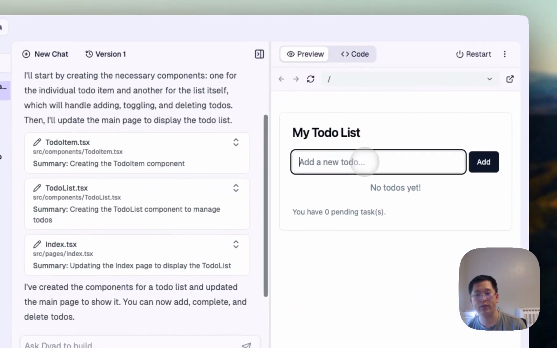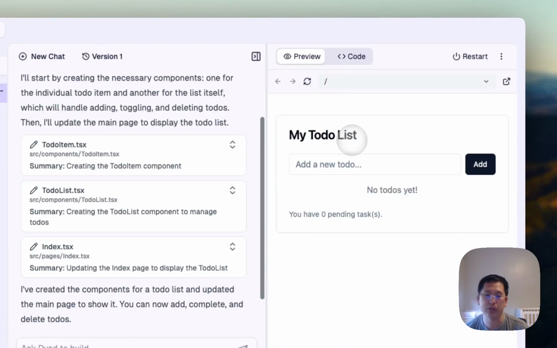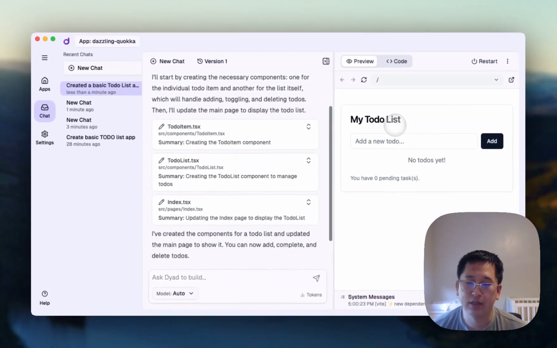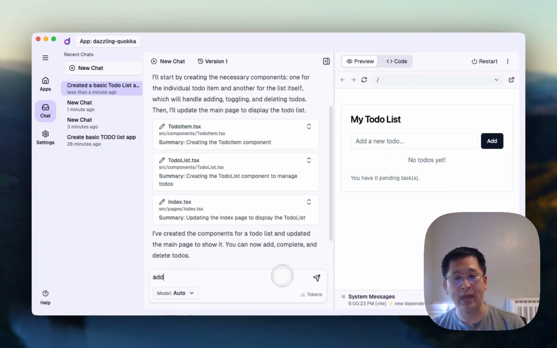Okay, so right now we have a really simple to-do list app. If I hit refresh, you can see all the to-dos are gone because it's not stored in a database. And additionally, I don't have my own to-dos and there's no privacy at all. So let's go ahead and say, let's add auth